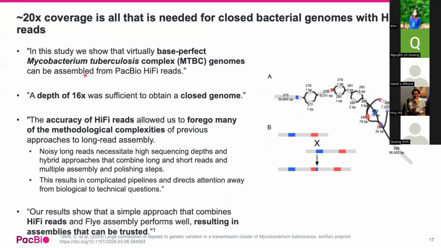Another example is a paper from one of our customers sequencing Mycobacterium tuberculosis complex genomes, MTB. They saw that with just 16x coverage, it was sufficient to obtain a closed genome. And the accuracy of HiFi reads allowed them to forgo many of the complex methods from previous approaches. If you're using another long read technology, which is a bit noisy,